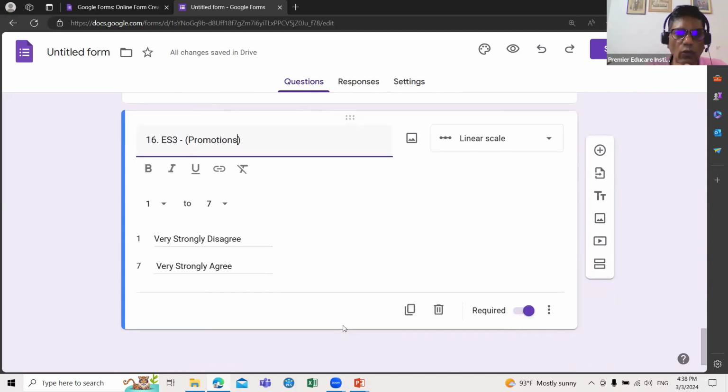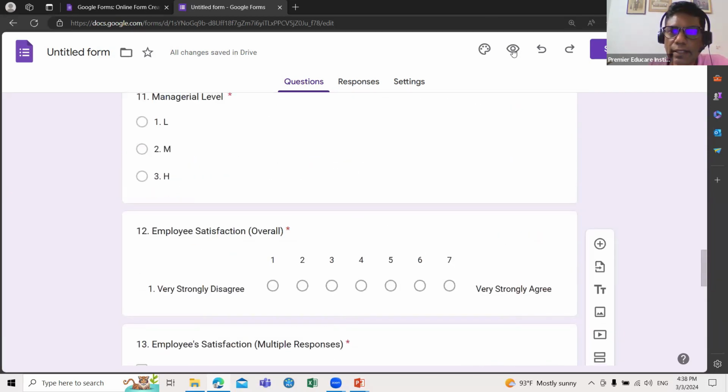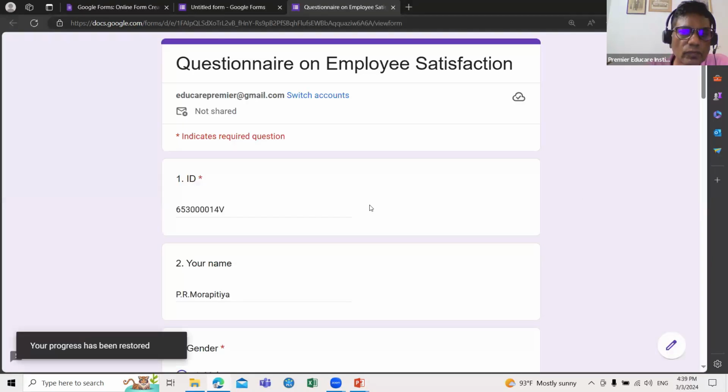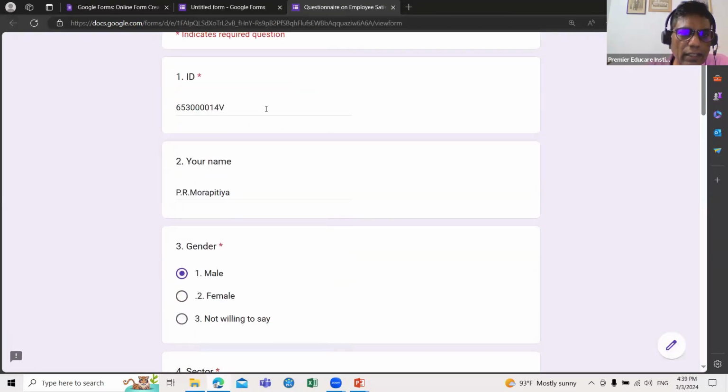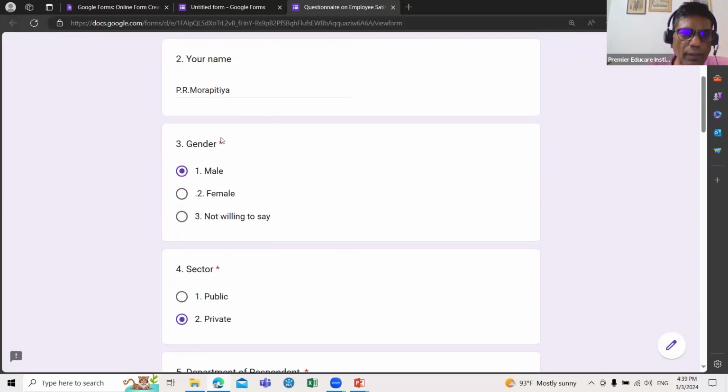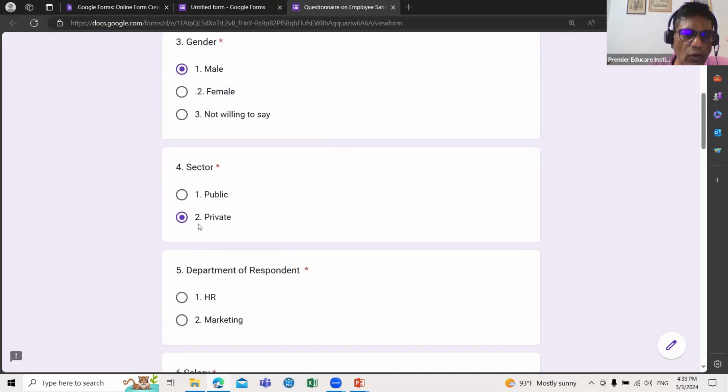Now that's okay. Now finish. Now let's check this one. Click here, right? So I'm just checking. Now you can see the red mark, the red star, means a compulsory question. Not compulsory, compulsory, compulsory, only one. So you can see only one